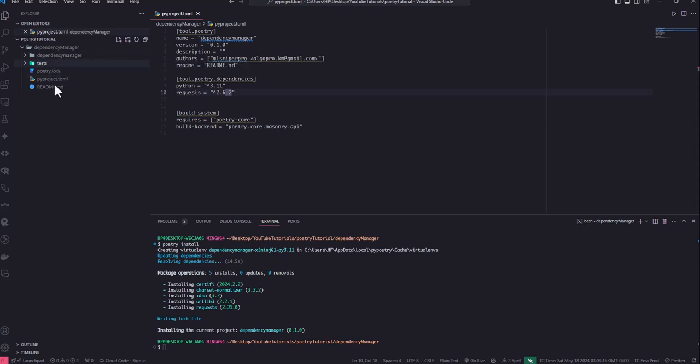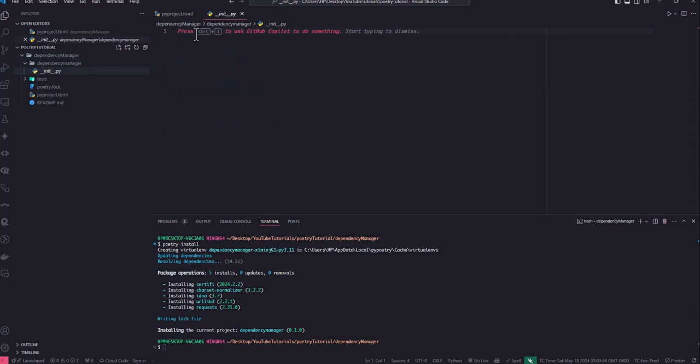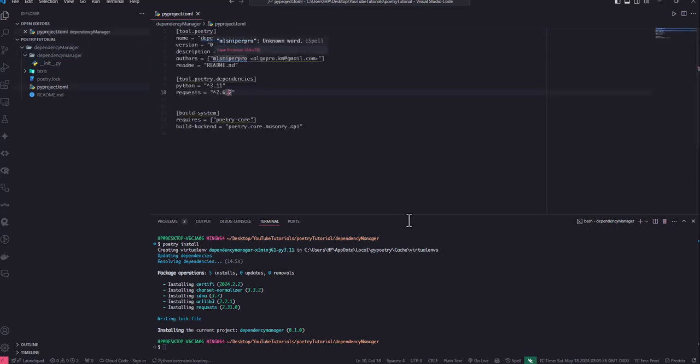And then there is another directory that has the same name as my outer project, but all in small letters, release manager, with just an init file inside there, like a package. So that's one of the ways in which you can install a package in poetry,